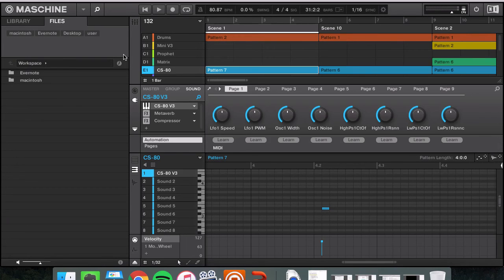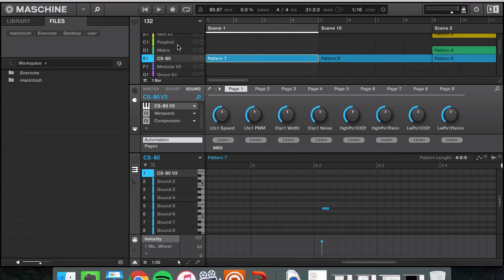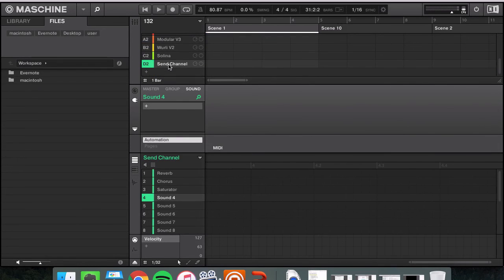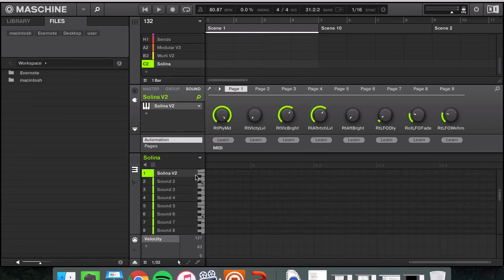So let me recap everything that I outlined for you today. The first is setting up send channels. That makes it easier and quicker for you to mix so that you don't have to apply, let's say, reverbs and other different types of effects to every single sound and group within your mix. You can specifically jump to your send channels and route your sounds through them to get where you need to go, all right? The second thing that I talked about doing was...